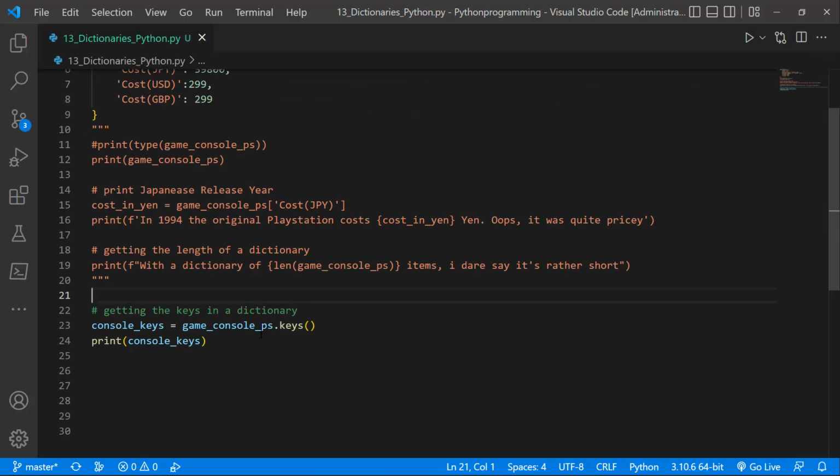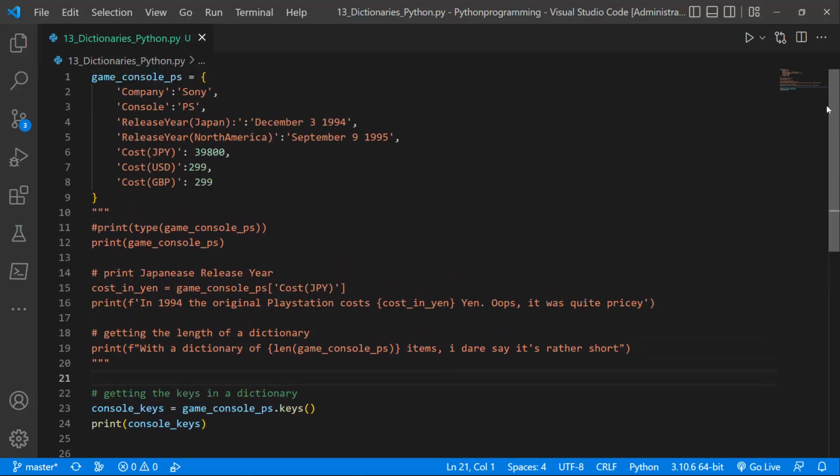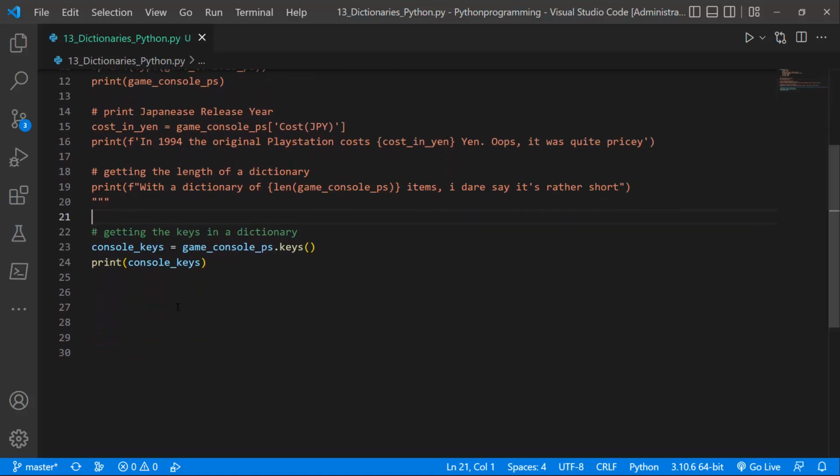So how do we add items to a dictionary? Say for instance we want to add an item to the dictionary. Say maybe for instance we want to add the number of units shipped, right? So let's go ahead and see how we can do that. So here I'll just say adding items to the dictionary,